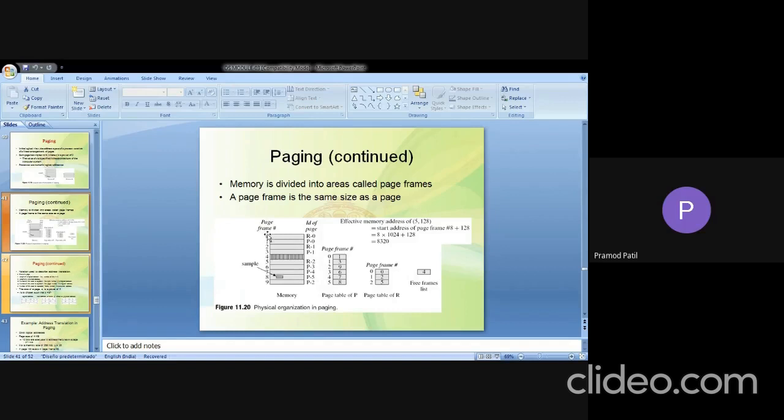This is the memory page frame. Here you can see 0, 1, 2 up to 9, so they have given a total of 10 page frames. Here is the page ID of the page, like R0, R1, R2, and so on. These are the allocated areas, and this is a free area. And this is a page frame, 0, 1, 2, 3, 4, 5, and then we have 1, 3, 9, 6, 8, which is the page number.